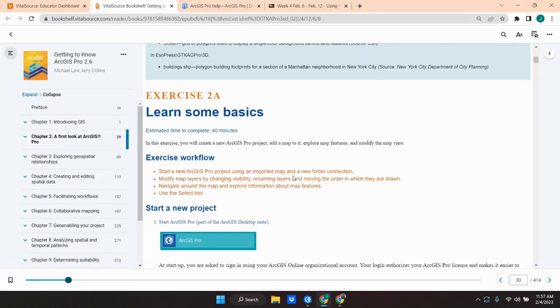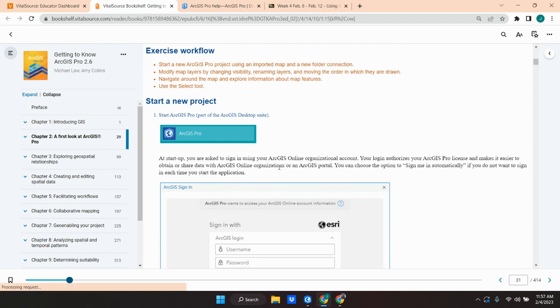So if we take a look at the textbook, again, exercise 2A, we're going to learn some basics. And a lot of exercise 2A is more about playing around with the platform, getting used to the menus and where things are. Now, as it mentions here in the textbook,